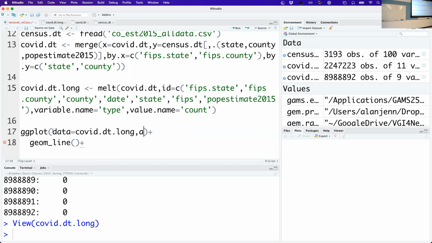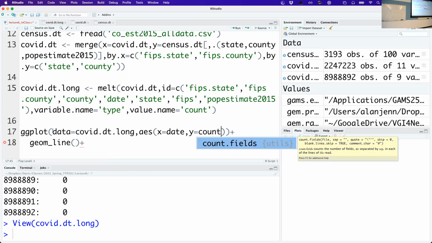Okay, and then in our aesthetics, now I can do something like x equals date, y equals count. Okay, and so basically the idea is I'm going to make a plot